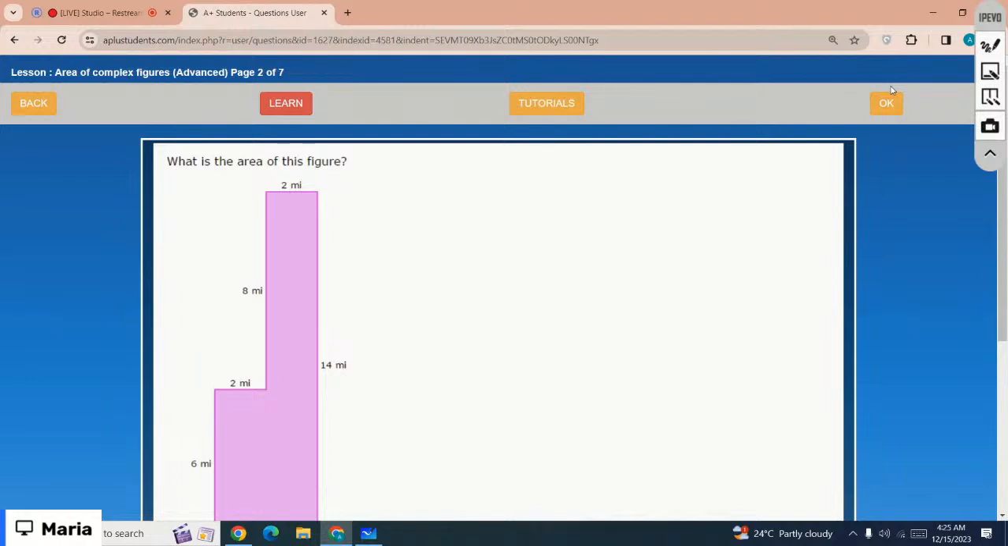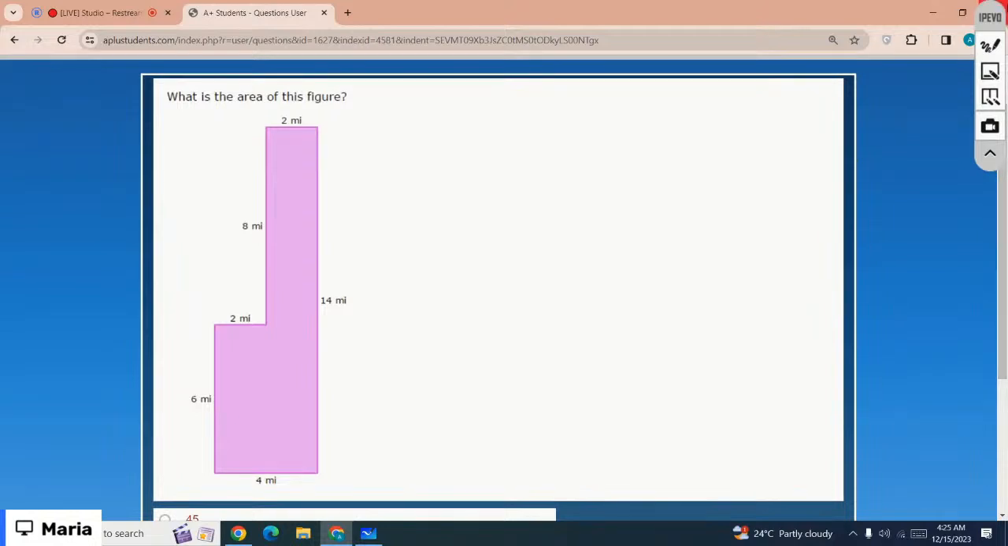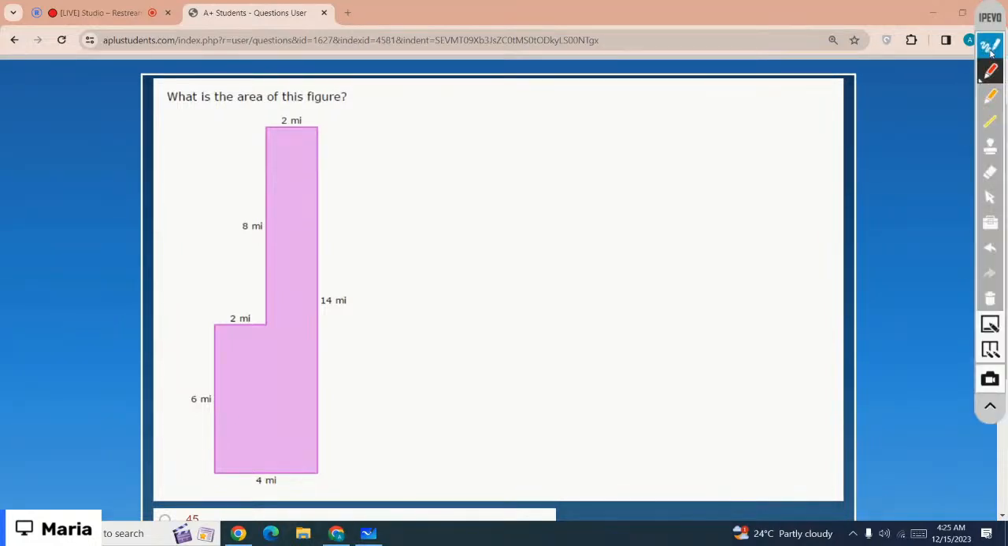What is the area of this figure? So which is the correct option? Let's just divide the figure into two small figures. So you can divide like this. Make a line like this. This way you have a rectangle and another rectangle, right? Rectangle 1 and